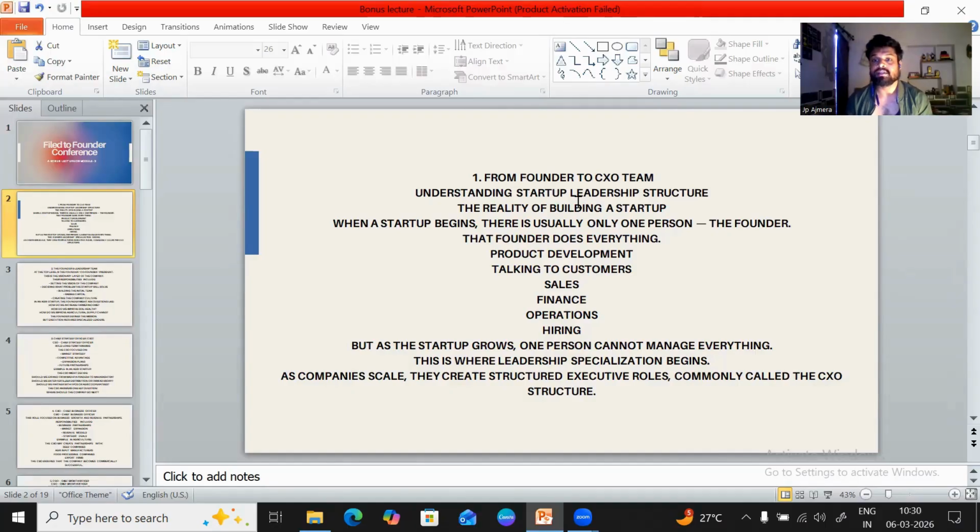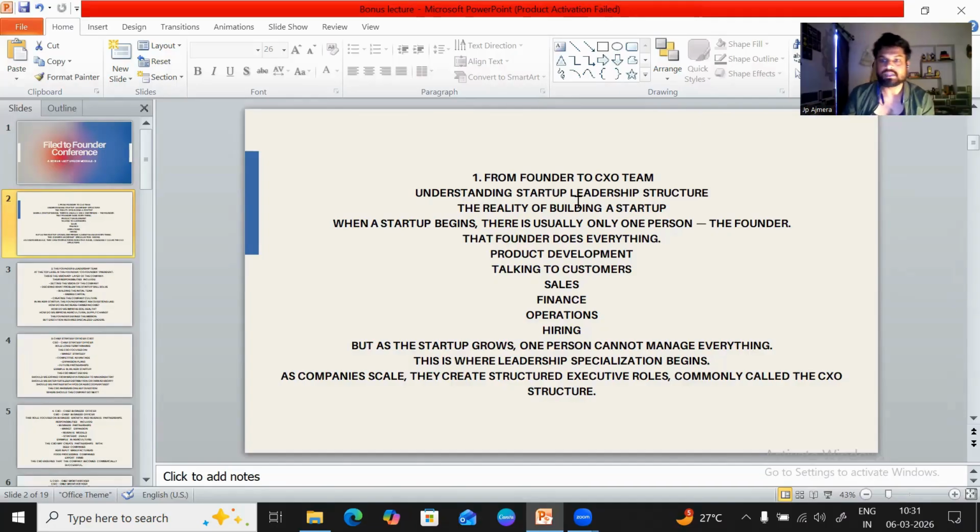At that time, you would need your team. That team is called CXO. Chief, X refers to, as I already told you, any executive or special role, and O refers to officer. So when we apply this label to a specific role, it would be like Chief Technological Officer. X refers to any specialized role or executive role in the company. So Chief Technological Officer, Chief Financial Officer, Chief Marketing Officer, CMO. This label would be applied in this manner.